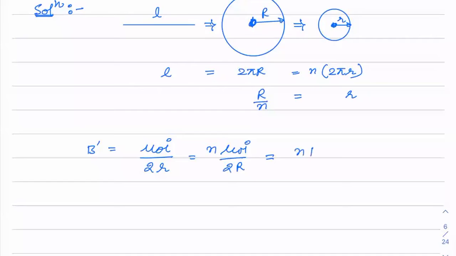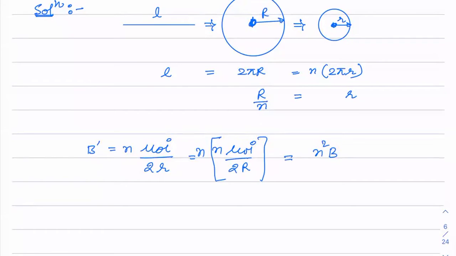And most of you would have got this result as N into B. Okay, so this is a wrong answer. Why wrong? Because the formula that you have used here is for one coil. Because there are n number of coils, for that you will substitute n. Don't forget to put n over there. So you have to multiply this by n. So this answer becomes n square into B.